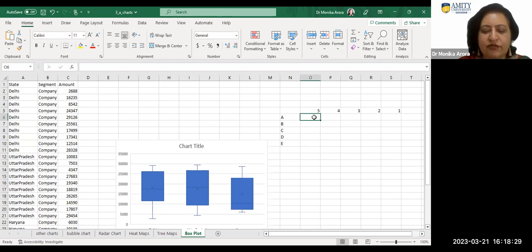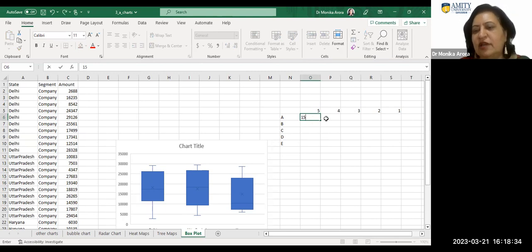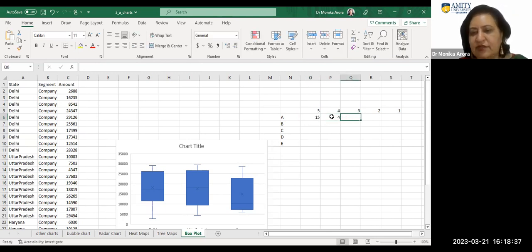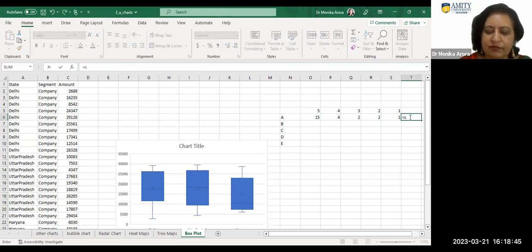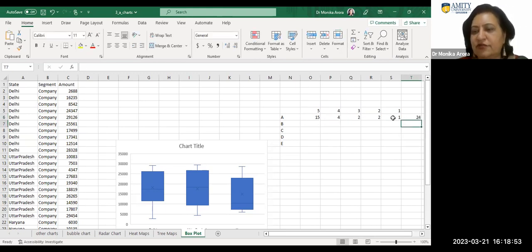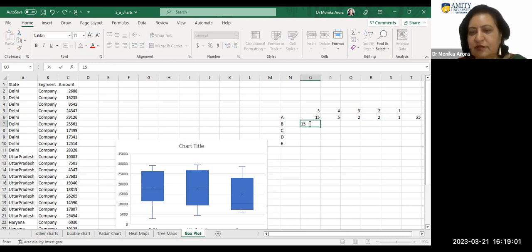So if there are 30 people, and 15 have given 5, then 4 has given 1, then 2, and then 2, and then 1, something like that. If I say equal to sum, and I want to identify whether all the respondents have filled up the form or not, I say 5 here. In a similar way, if I have the B category data,